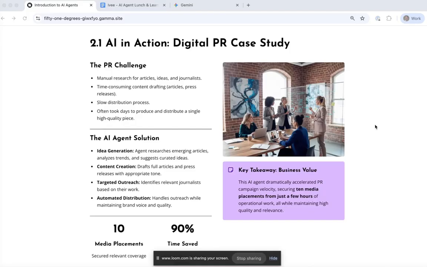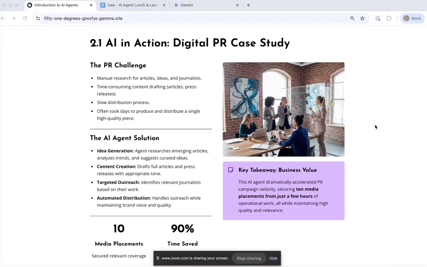This same thesis basically applies to so many other things. So you can replace the words digital PR with many other words: writing a piece of content for a website, writing a presentation, writing a report, whatever it might be. Ultimately, the components I'm describing here can be applied in many, many different ways.